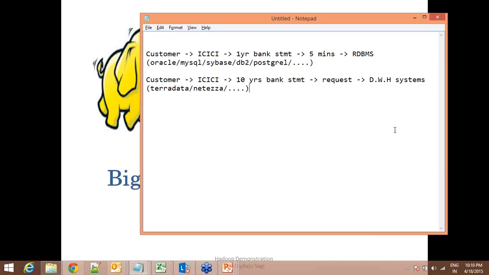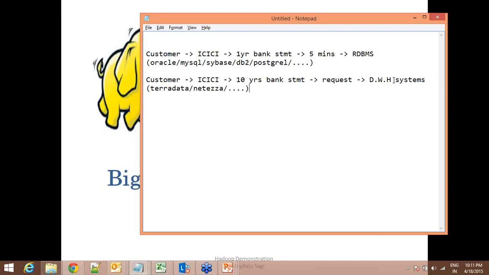The warehouse systems normally have batch jobs. Batch jobs mean scheduled jobs. Once the request comes, they cannot process it immediately. The request is kept in some queue, and the jobs run periodically. A batch job is nothing but a scheduled job. They don't run all the time; they run based on the scheduling time, like once a day, once an hour, or maybe twice a day.